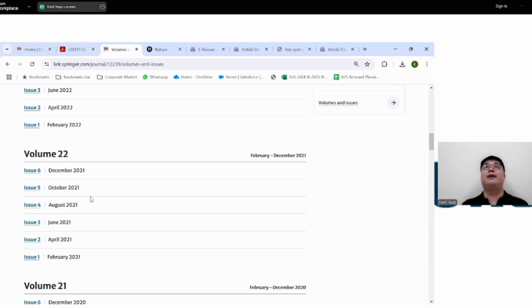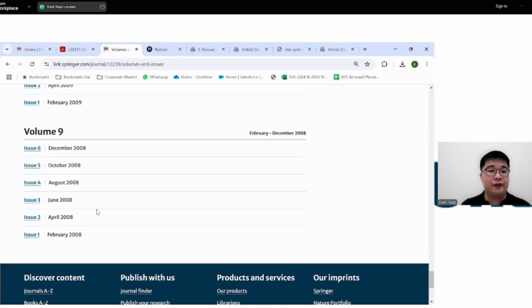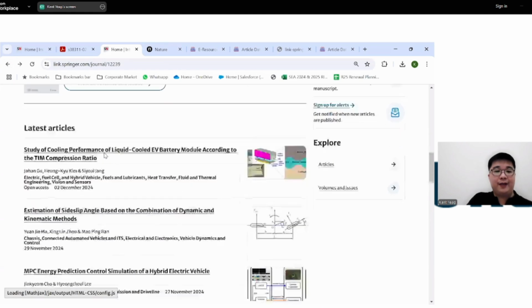And typically for open access ones, if someone launches an open access journal, that means from volume number 1, issue number 1, you would have access to all of that content. But if this were a licensable or subscription-based journal, then you should have access all the way back to 1997 if available. So this journal, for example, only started publishing with Springer since 2008, and previous issues and volumes were either independently published or published with another publisher, which you had to find somewhere else. But otherwise, if it were a subscribed title, you should have access to the very first one, at least that is found on our platform. Okay.